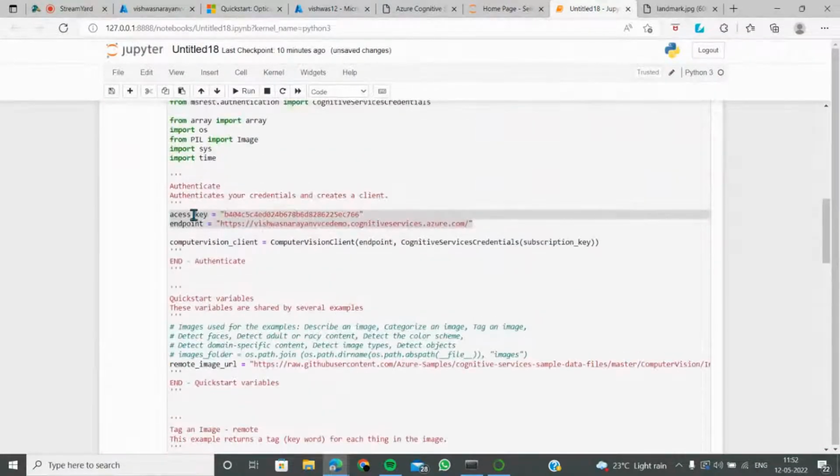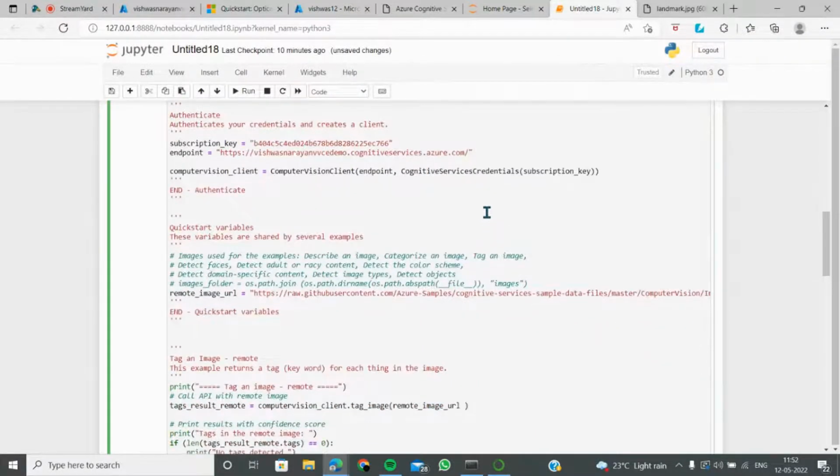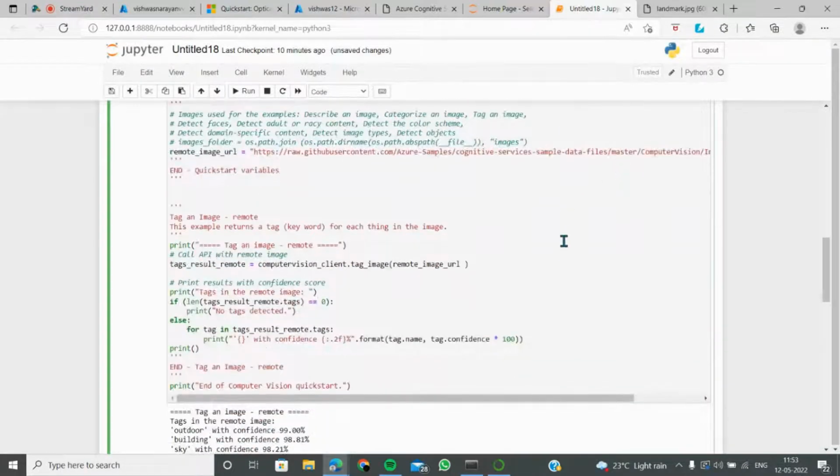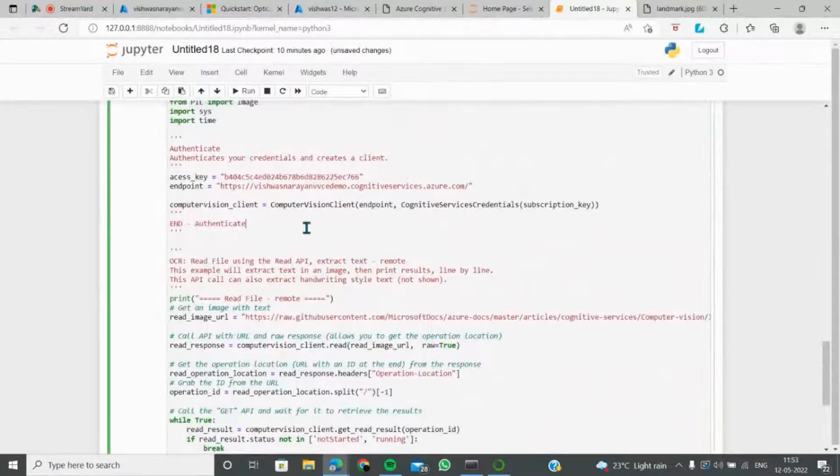I don't know how the subscription key works here. Let's keep it as subscription key because there are some variables where the subscription key is getting changed. So let's do one thing, let's just take a risk. Wherever there is subscription key, we'll put it as access key, and I'll show you how it works also. So that's not a problem. I have put it as an access key, right? This will not work.